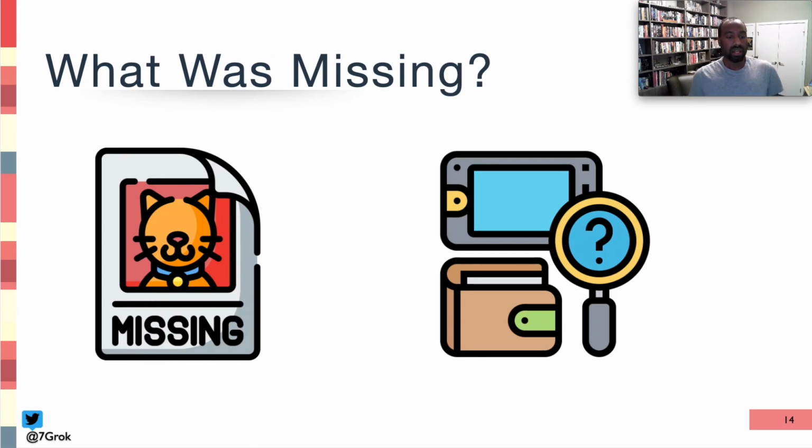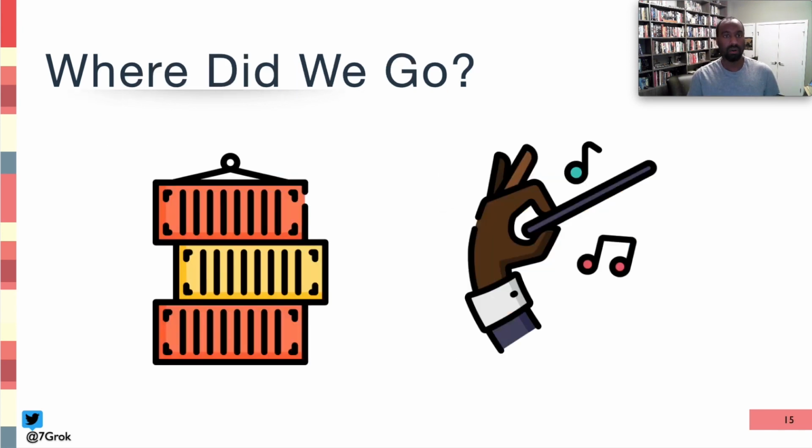So when you look at what was missing, right, it's not even necessarily that something was missing, as just new ways of designing and deploying software required different types of tooling to handle these changes with software architecture. One big driver for this new way of working was microservices and large distributed systems. So where did we go, right?